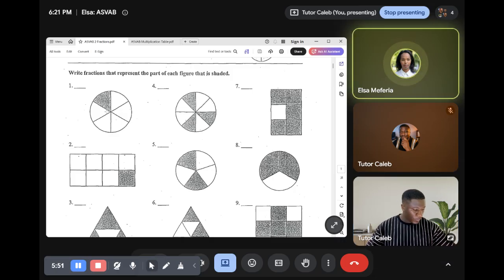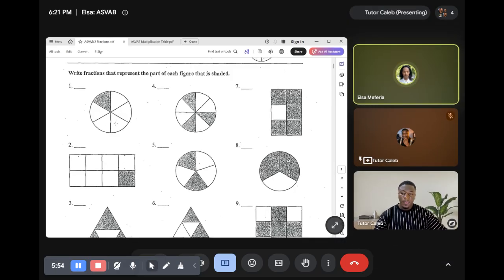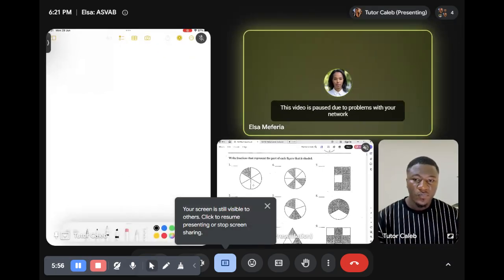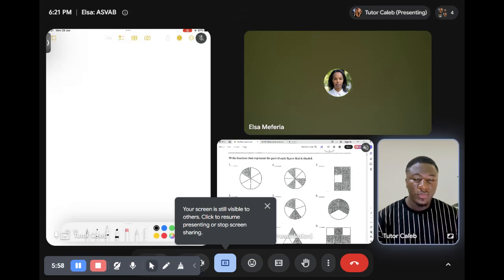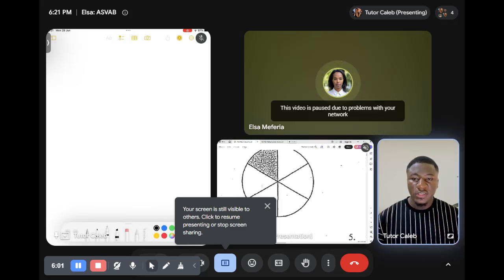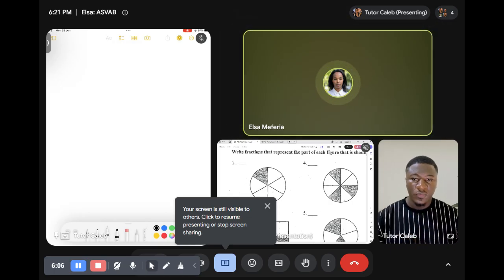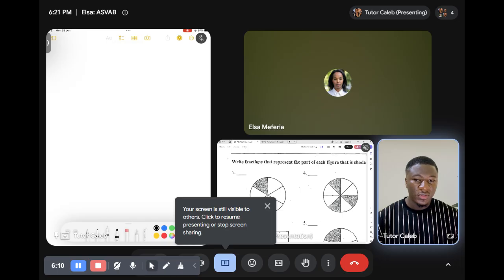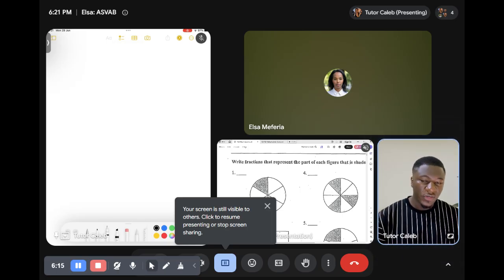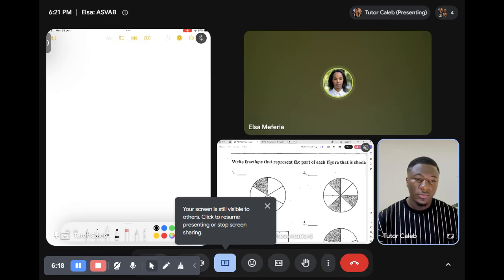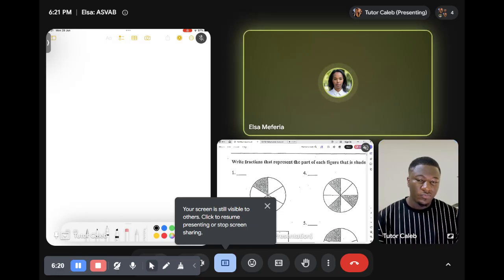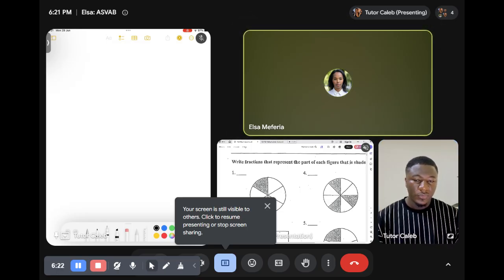So do you want me to do the first one? I just divided into 50, right? The easiest way is for me to divide it into 50. That 50, you're talking about the shaded part. It gives you the number of the shaded part, correct? What fraction of it? So 50, that's going to be